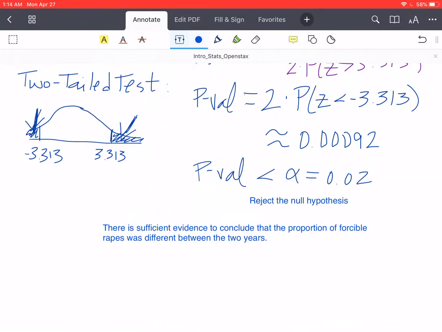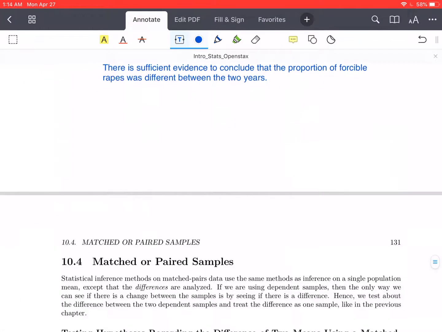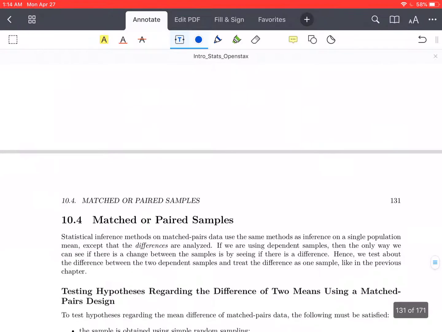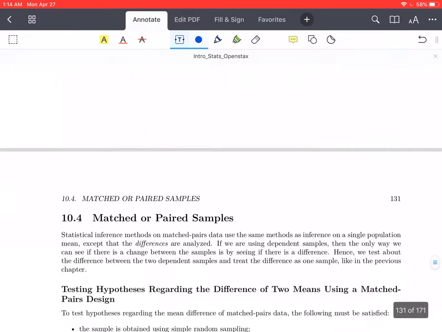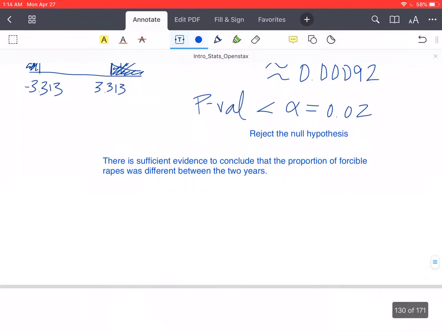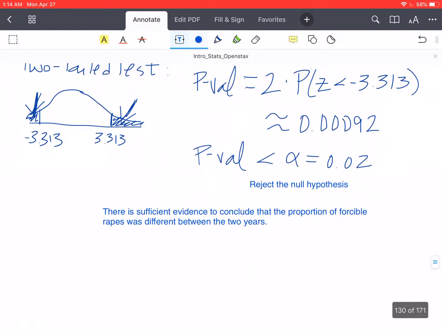All right, so that's our conclusion that we're going to be able to make. And that's the end of 10.3. So you'll see 10.4 down here, the matched pair samples. We're not going to be doing this one. This one focuses more on dependence, and that's not really where we're primarily going to be focusing in this class. So we're going to skip over 10.4 and just stop at section 10.3, the independent samples. So that's it for